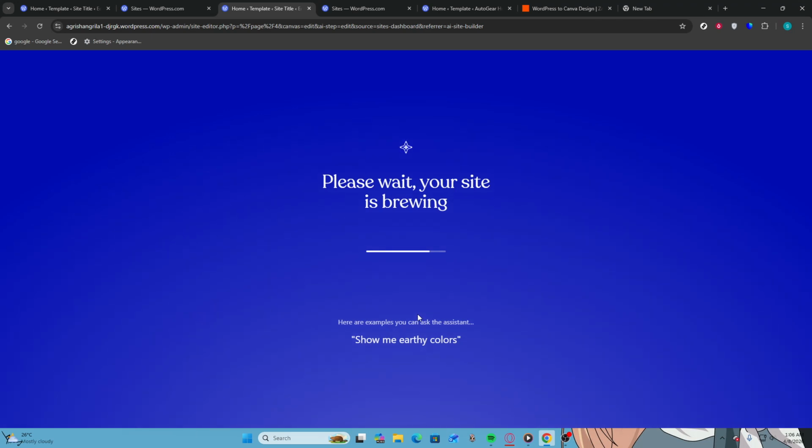You will need to wait for the AI to generate your website. This step may take some time, especially if the server is busy or if your internet connection is slower than average. Lastly, you will see a message stating that this might take a while. This is a normal part of the website creation process, and it is important to allow the AI sufficient time